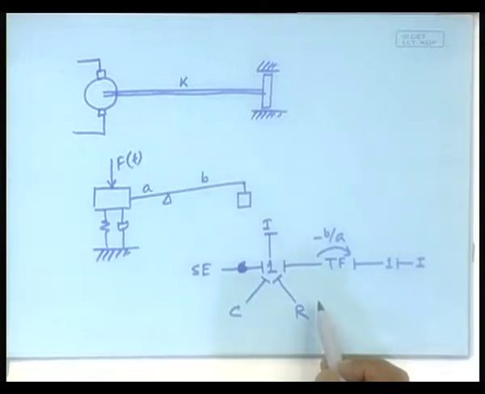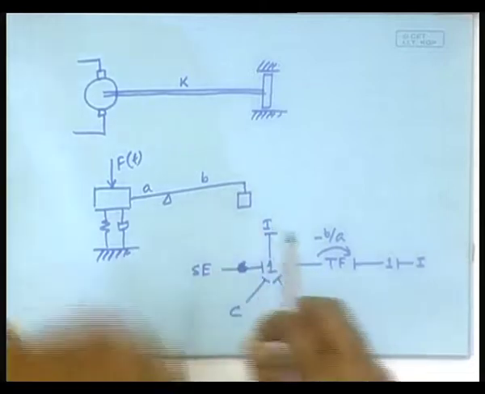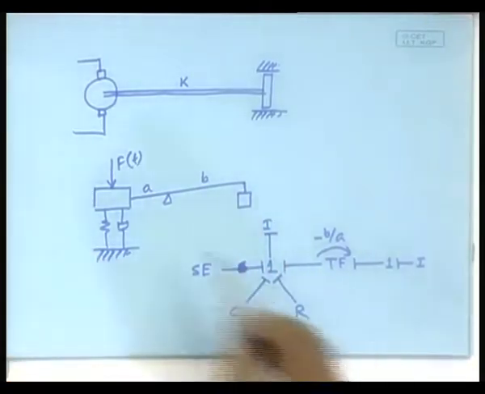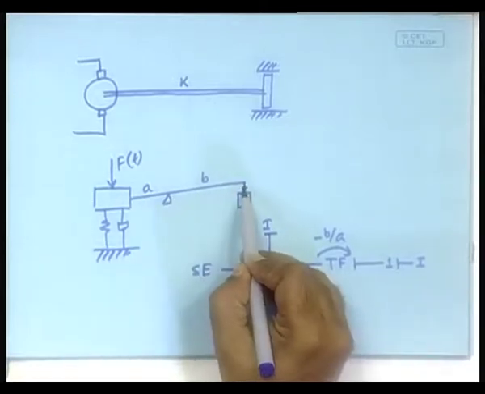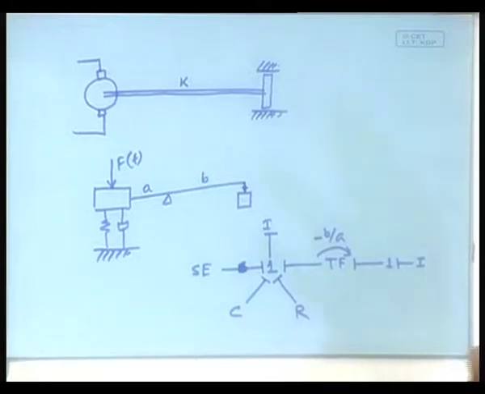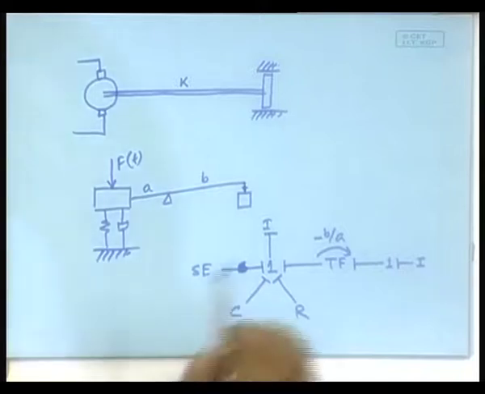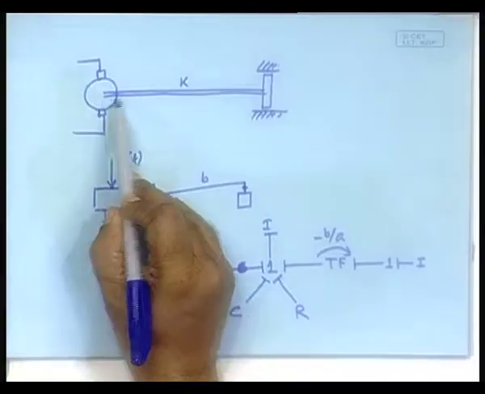Now, how to overcome this? One way to overcome is to assume a bit of springiness in this long lever shaft. So, if you assume a bit of springiness, you will have to connect a bit of spring there, as a result of which here you will find that it becomes properly integrally causal. But this way of overcoming the problem has a practical difficulty. The practical difficulty is that you are after all assuming a very rigid shaft with a bit of springiness. That means, it is almost like a rigid shaft,